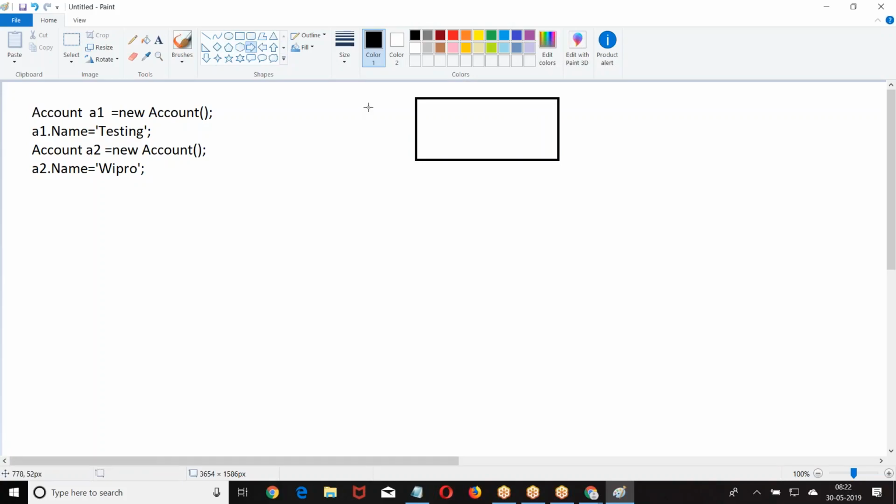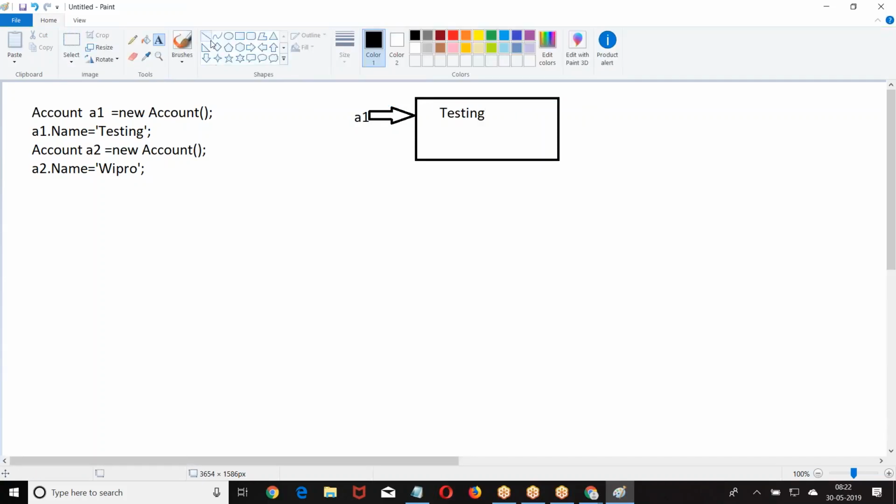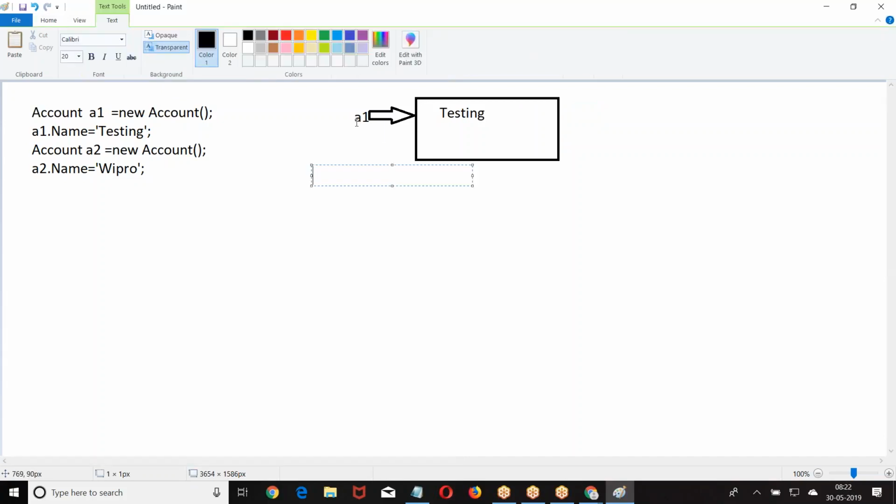This location is referred to by A1. A1 dot name. Right, this is what we got.